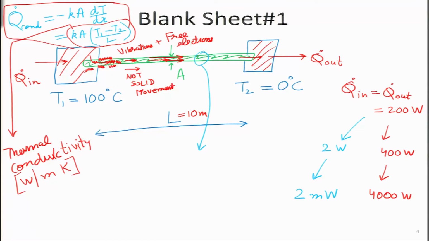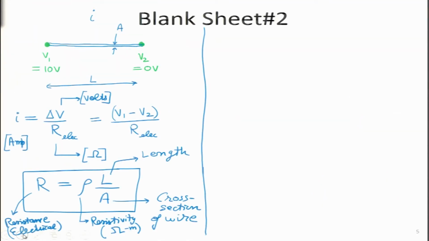If we go back to the previous slide, between the 100-degree body and the 0-degree body, we want to figure out what is the physics of that heat transfer taking place, how does it change, how do things depend on K as well as length L and the cross sectional area A. And the interesting thing that we will see over here is, in the case of the electrical resistance as well, the same analogies we are getting. So, we are getting length L, area A, and this R is the electrical resistance.